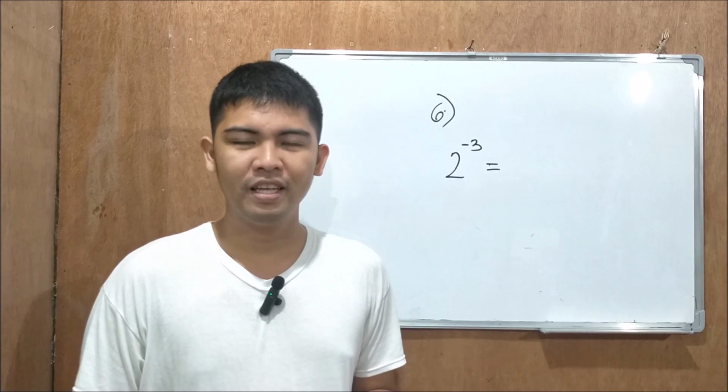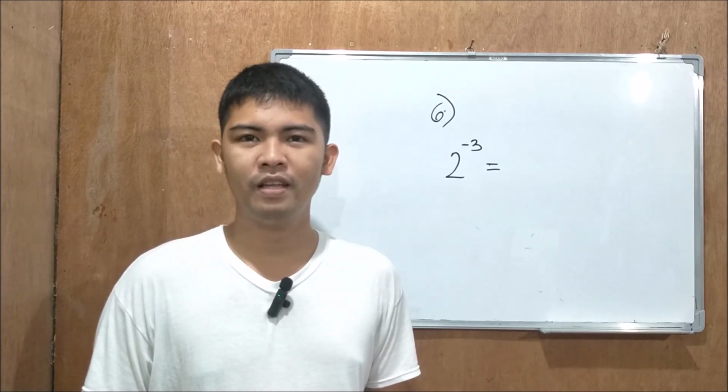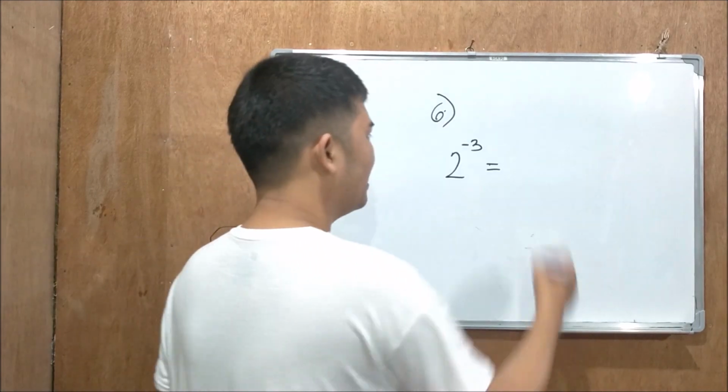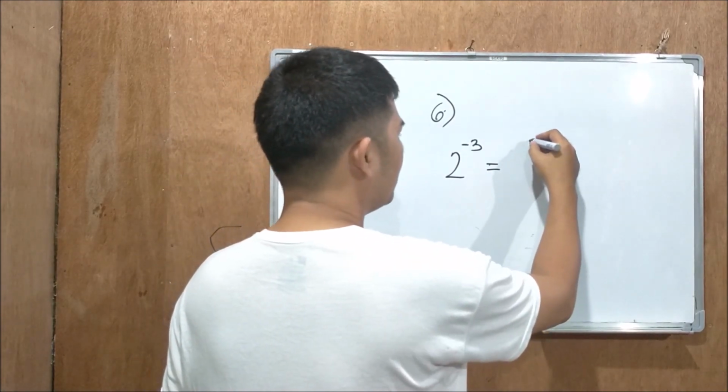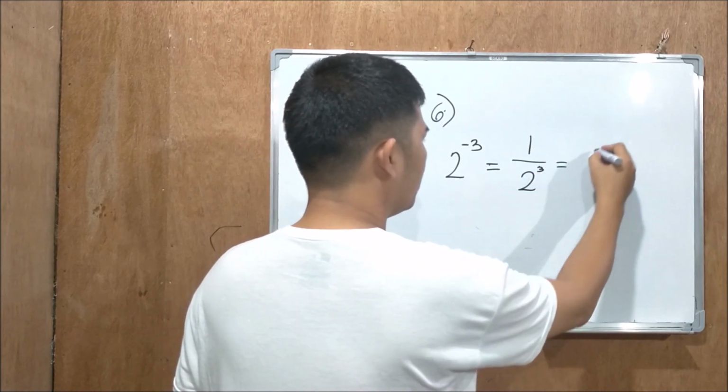Okay ni daw. What is 2 raised to the power of negative 3? The answer is 1/8. So anong nahin mo siyang 1/8? Kaya ang 2 raised to the power of negative 3 is equal to 1 over 2 raised to the power of 3, which is equal to